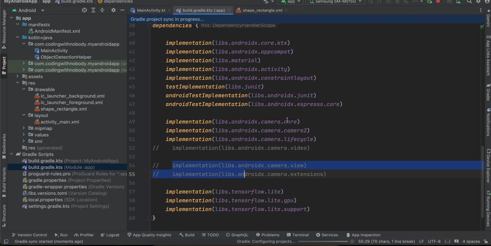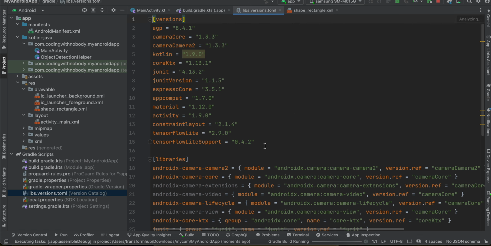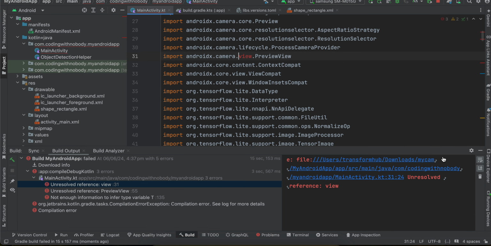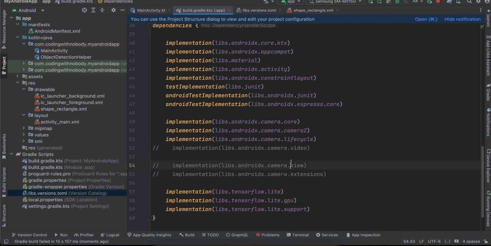Firstly you will require camera core, camera 2 as well as camera lifecycle, and for TensorFlow we have to add TensorFlowLite GPU as well as TensorFlowLite support. Now all these libraries are referenced inside libs.versions.toml. If I go over there, here you can see that for TensorFlowLite and TensorFlowLite support I have added this version, and this is okay. I think I got some error, unresolved reference. Okay, so I guess in build.gradle we require this particular thing as well. So if I click on sync now,